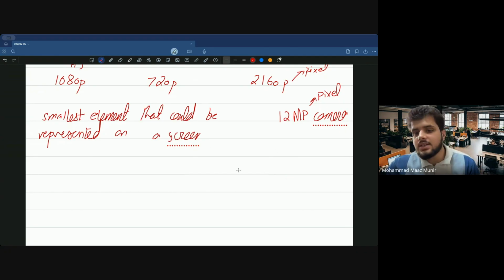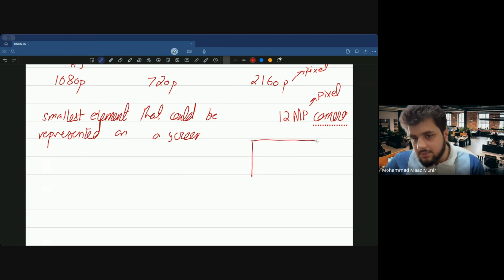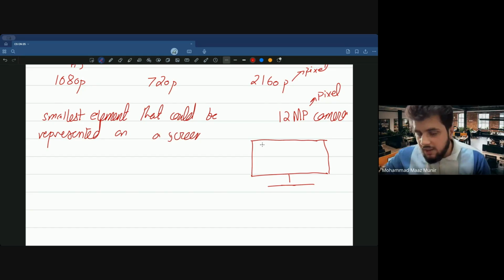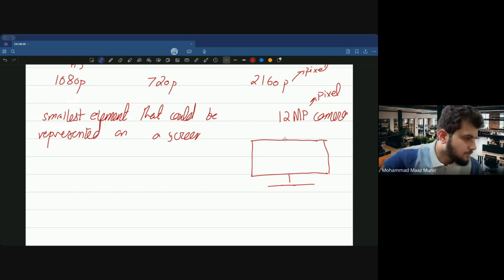But now, if we discuss it as a concept, a pixel is something like, let's say, this is a monitor. I have this as a computer, okay? And now, if I divide this big monitor into pieces,